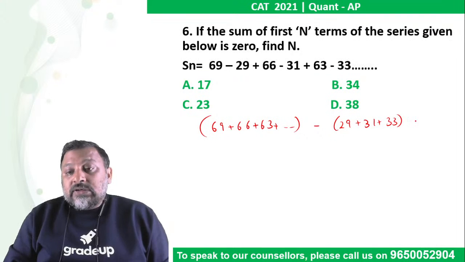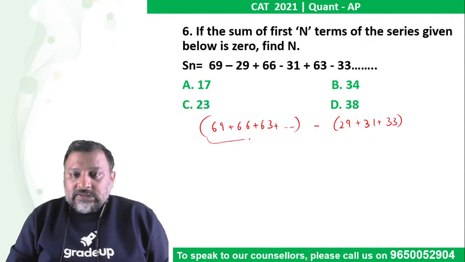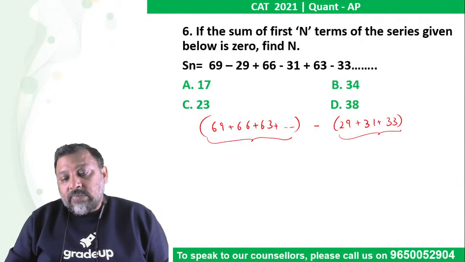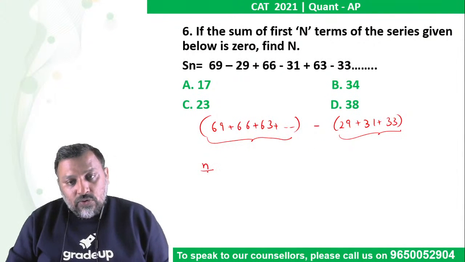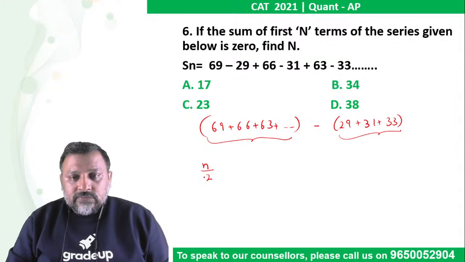So we want this to be 0. So can we say this sum should be equal to this sum, तभी ये 0 आएगा. So ये वाला sum क्या होगा? It is n by 2. We are assuming there are n terms. Okay, और m कर लो, m नहीं लिखो, m terms. तो m by 2